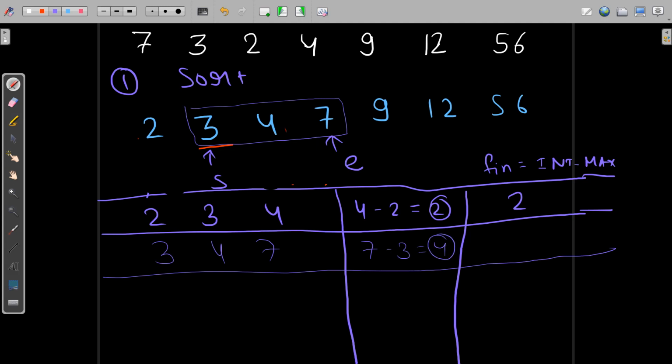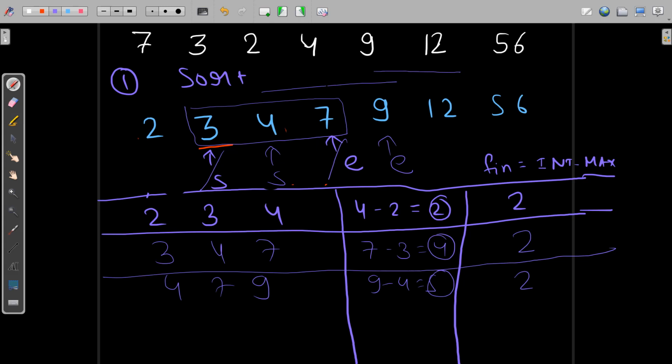Since 4 is not smaller, we will not update fin. We will update fin only when we find a new minimum, so it will remain 2. Now we again move s here and e here. Now we have the new window 4 7 9, and 9 minus 4 is 5, so it will remain 2.